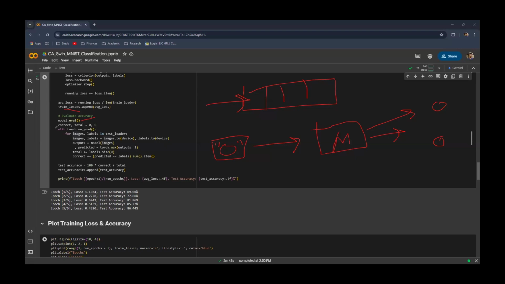For that, we have used with torch.no_grad. What it means is we have called the library torch.no_grad. No grad means no gradient, means no differentiation for this part. And for this, what we are doing is very similar to the training part, and we have used the test loader. If you can see here,